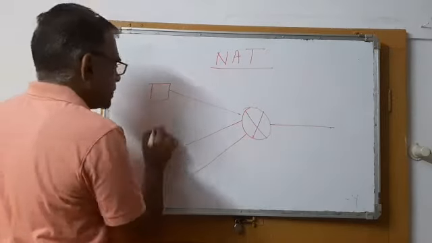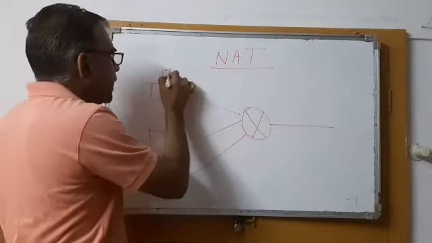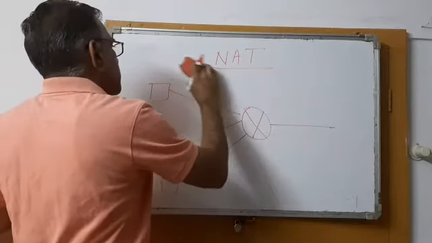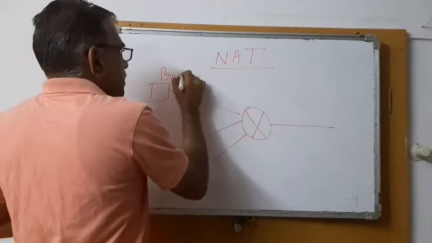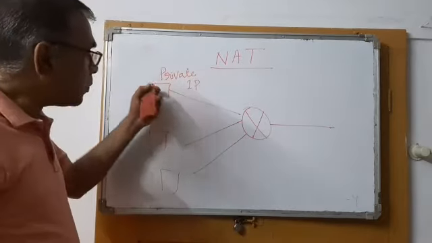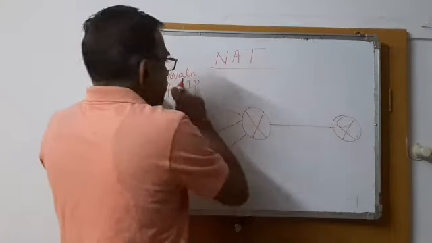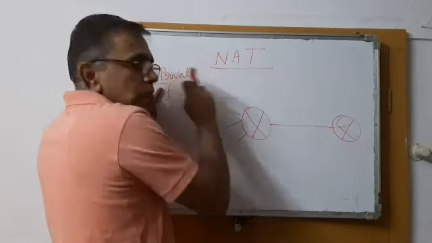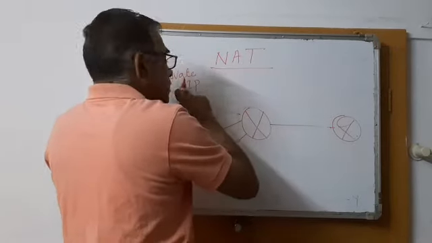Say our organization has 100 machines. All these machines are identified with some private IP address. Rather than mentioning the specific address, I'll just write it as private IPs. These machines are assigned the private IPs. So that means it is not possible for an external machine to access these machines with the help of this IP. In case you assign a public IP to these machines, it is possible for an external machine to access them, or directly contact them.